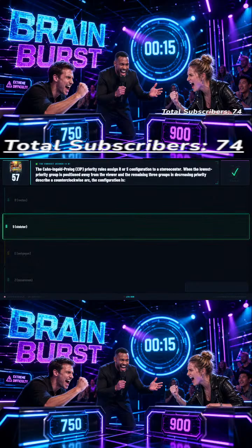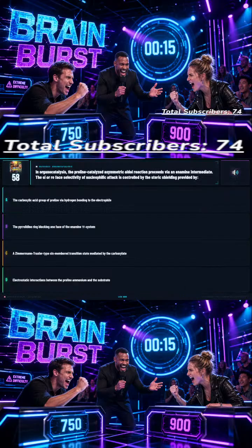Time's up. The correct answer is B, S, sinister. Question 58. In organocatalysis, the proline-catalyzed asymmetric aldol reaction proceeds via an enamine intermediate. The Si or Re face selectivity of nucleophilic attack is controlled by the steric shielding provided by: Option A, the carboxylic